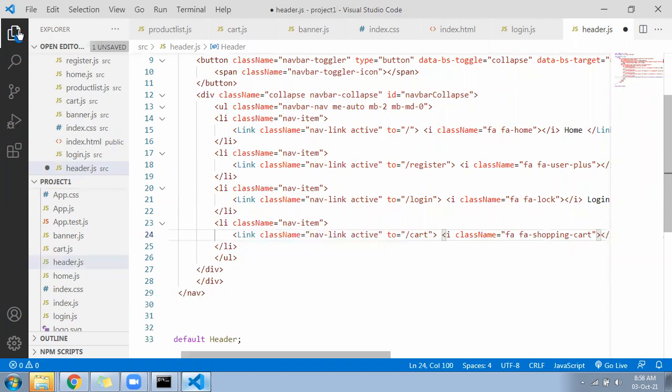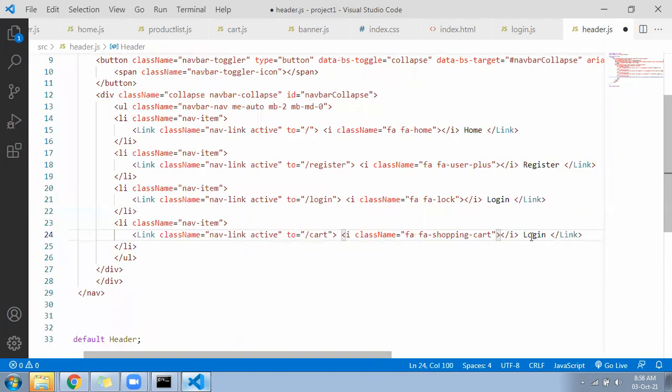Icon name will be shopping-cart. And here you can add for My Cart. Maybe some other icon, we can check it. Check now.